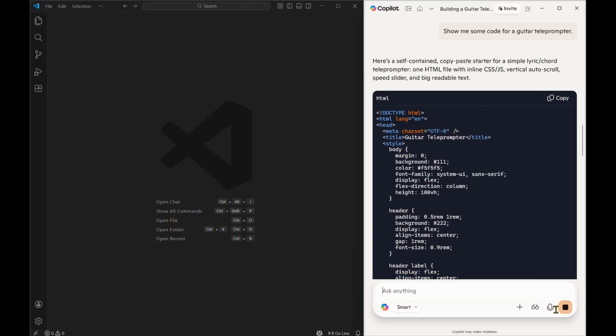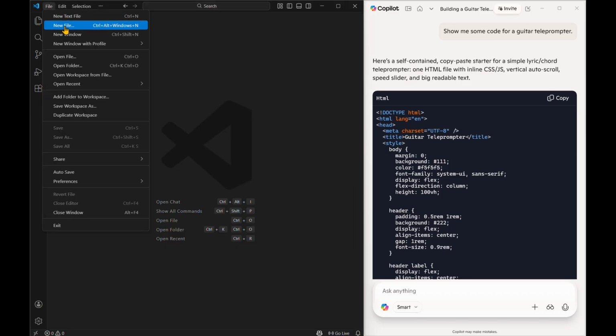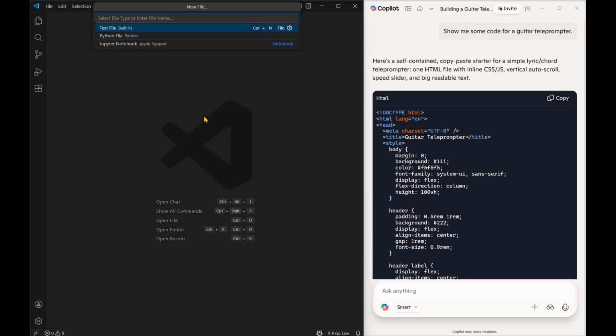But I know about HTML code, so I knew what it was, and I found the Visual Studio Code where I could paste it in. And so I created a file, named it something appropriate, and pasted in the code that Copilot gave me. And then once I had saved that in an HTML file, you can just open it up and it'll open up in a web browser. And then I started plugging away, going back and forth,